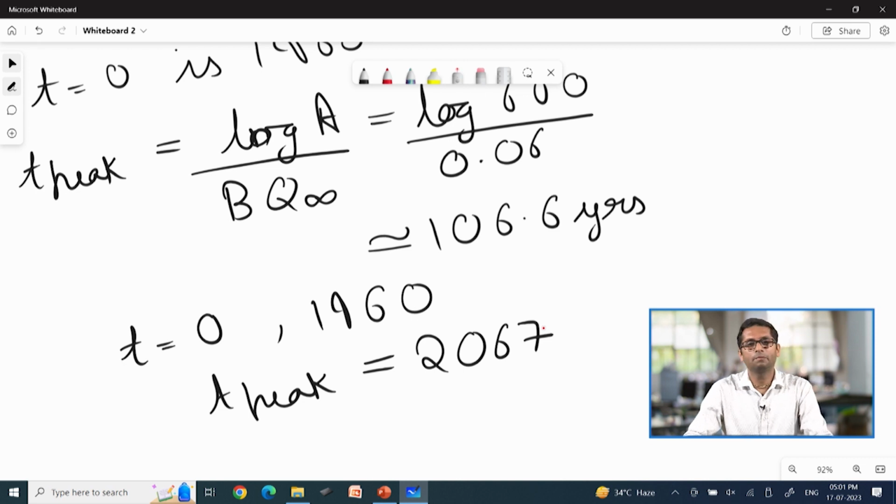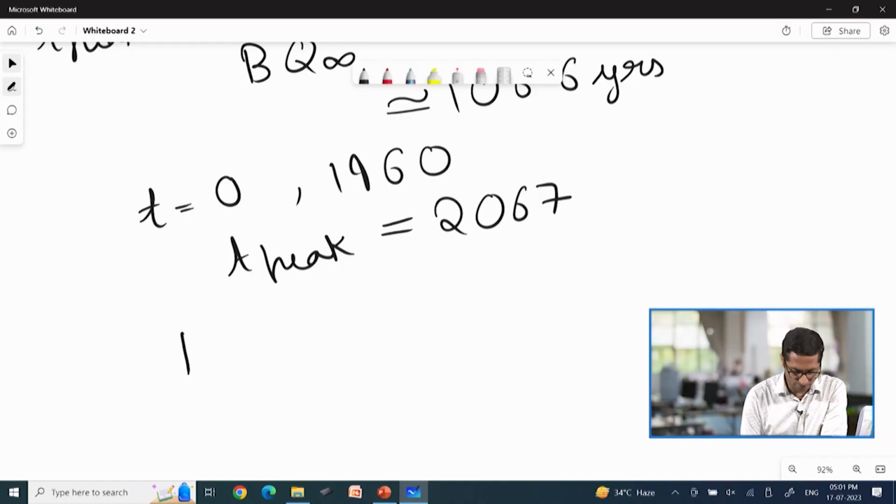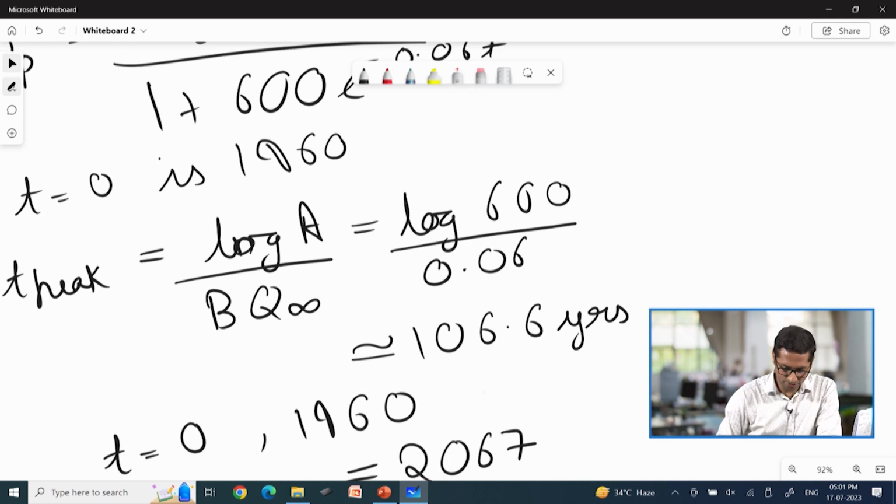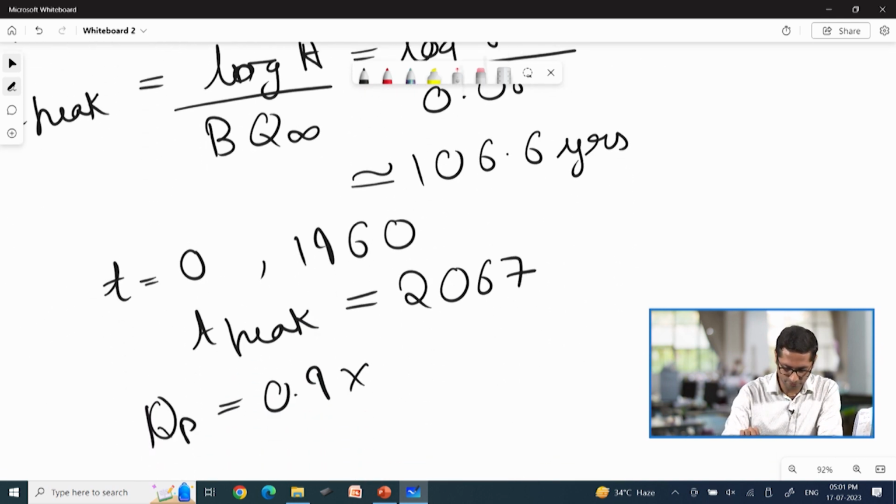In reality, there would be much more complex models, but this is just for our understanding. Using the same equation, we can also try to come up with the time span when we have used 90% of the available coal. So, in that case, the QP value would be 0.9 into the total production capacity that I assume is 187,105,